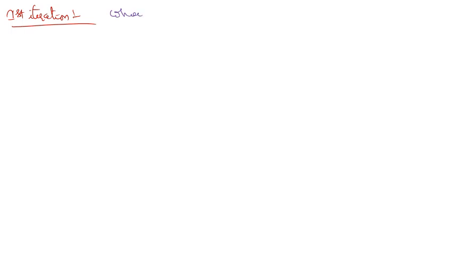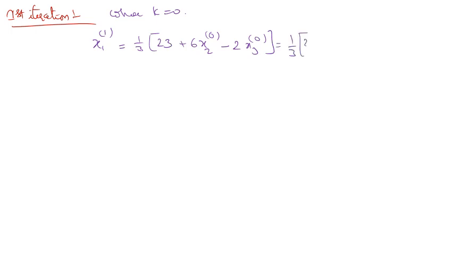For k equals 0, what is this value? x1 at first level is 1 by 3 times (23 plus 6 x2(0) minus 2 x3(0)). And what are the given initial approximations in the problem? It is given 23 plus 6 into minus 3.1 and minus 2 into x3(0), which is taken as 0.9. Now after simplification you will get